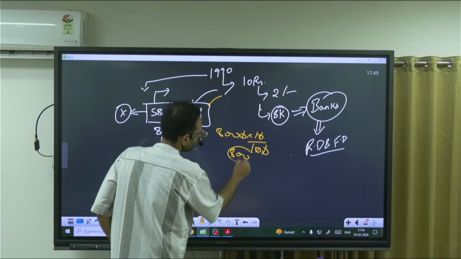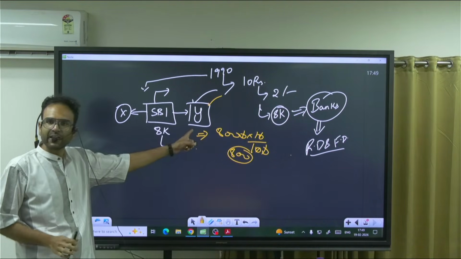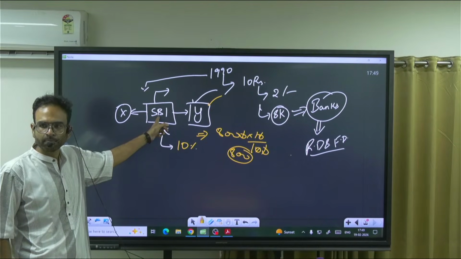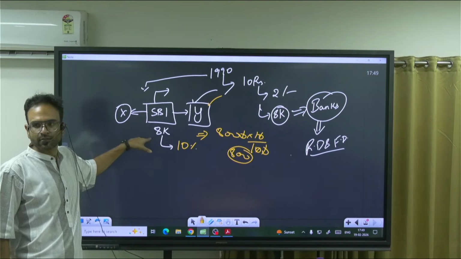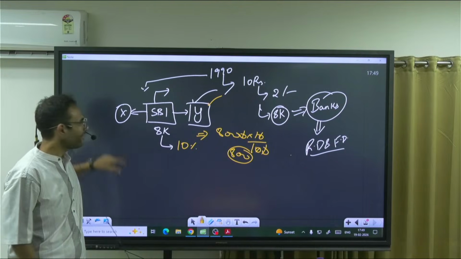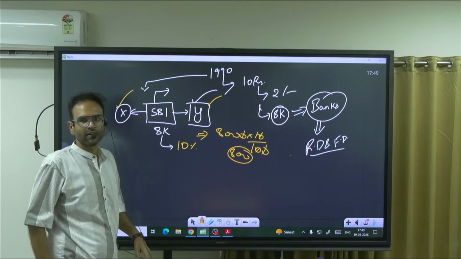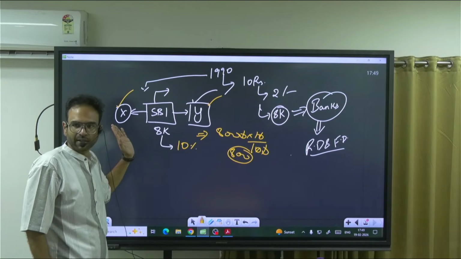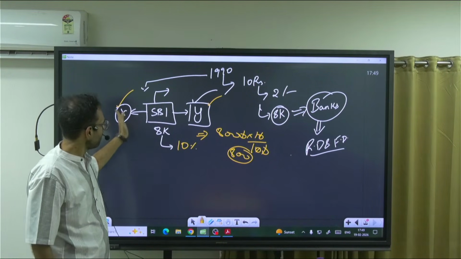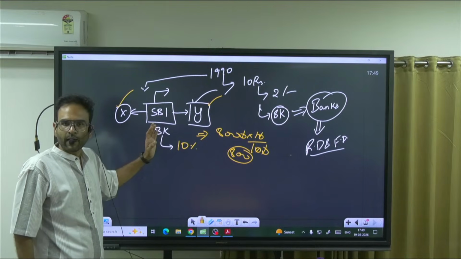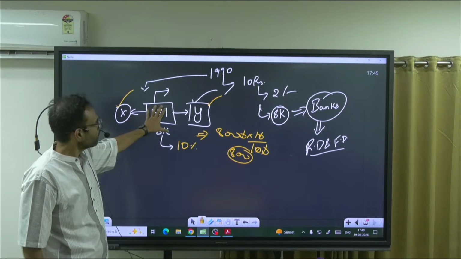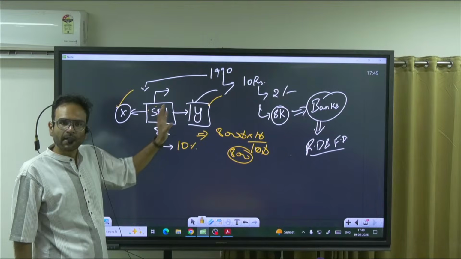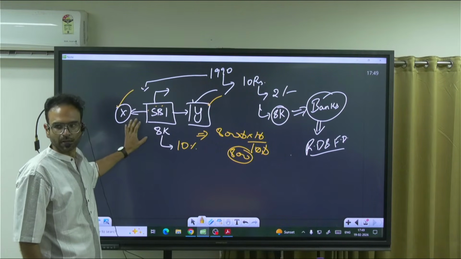800 rupees is the interest. This is the income earned by SBI by using this person X. Now, don't you feel it's unfair if this person is not getting a share, because basically it's his money? Obviously he can't expect everything. Without SBI, he won't get anything, and the majority of the work is done by SBI. So SBI will take more and give less to this person.